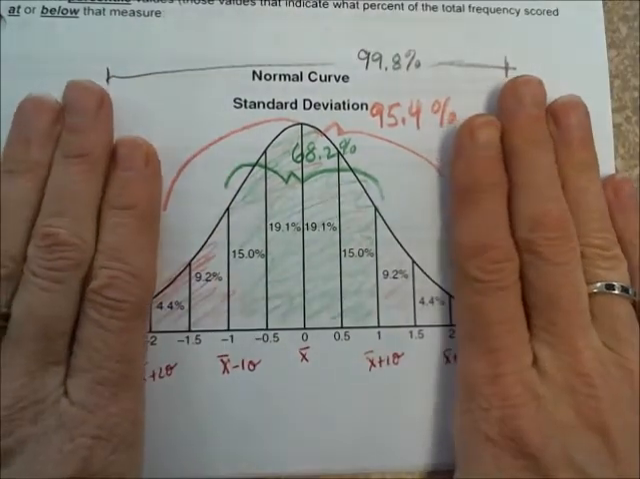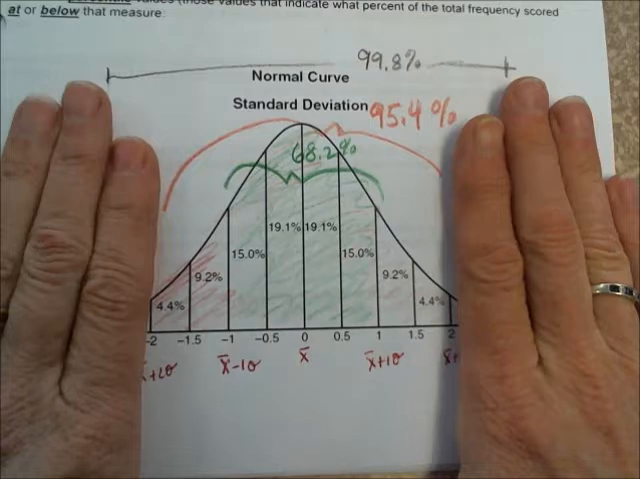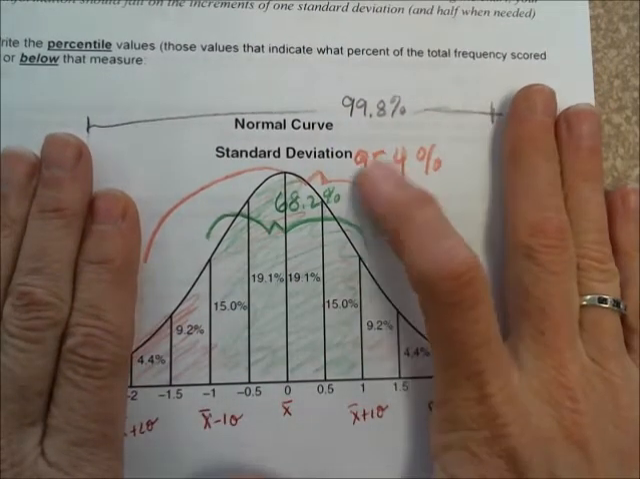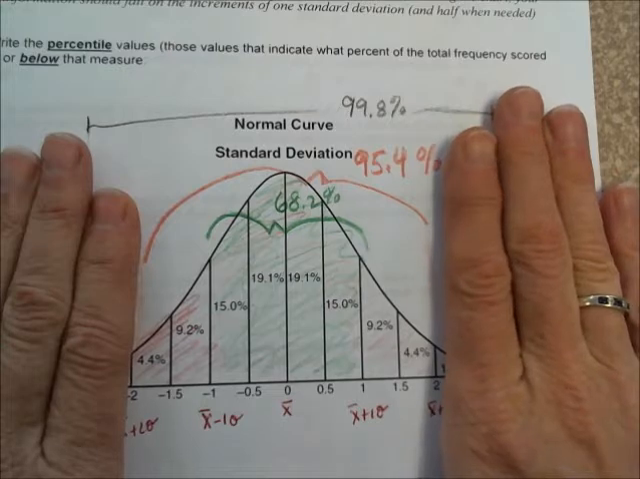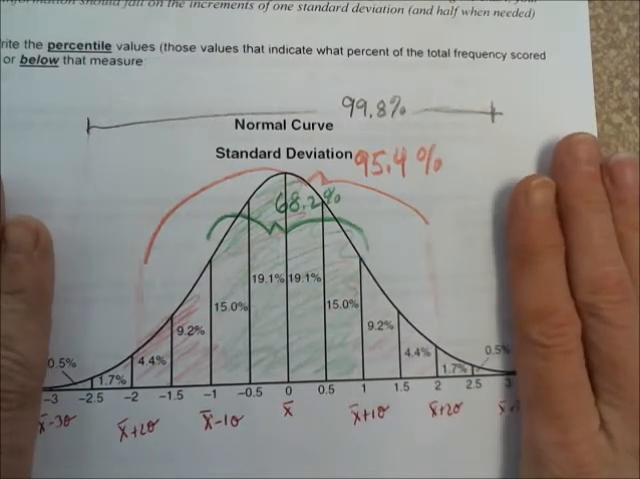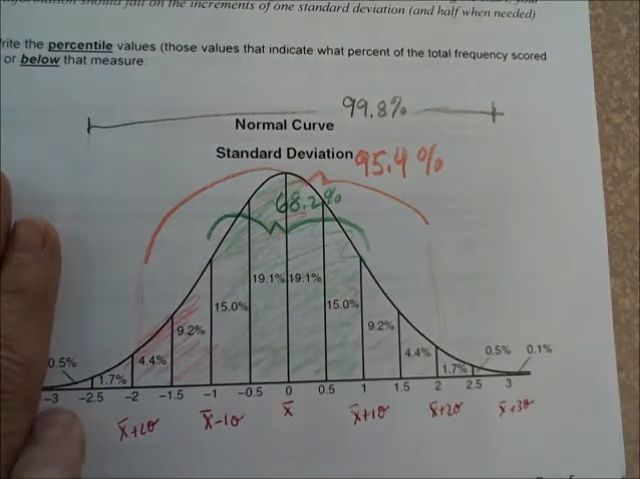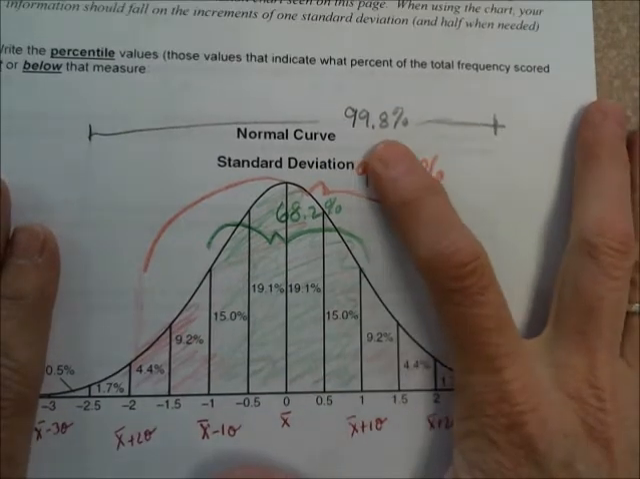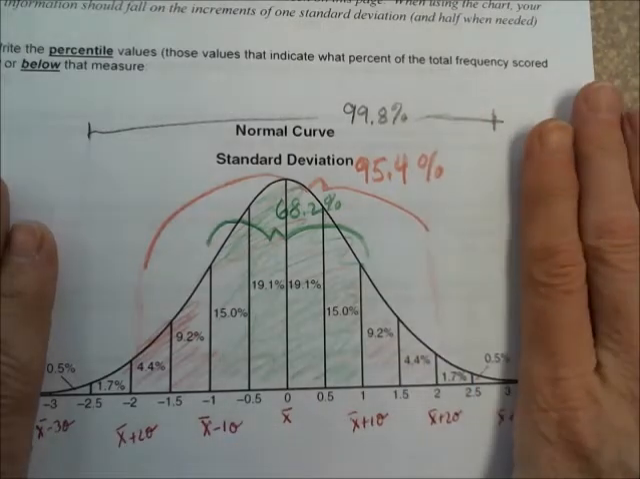And then if you go further out, within 2 standard deviations of the mean, if you add up those percentages, you'll get 95.4%. And then if you go all the way out to 3 standard deviations below the mean to 3 standard deviations above the mean, you'll get 99.8%, which is almost all of the data will be